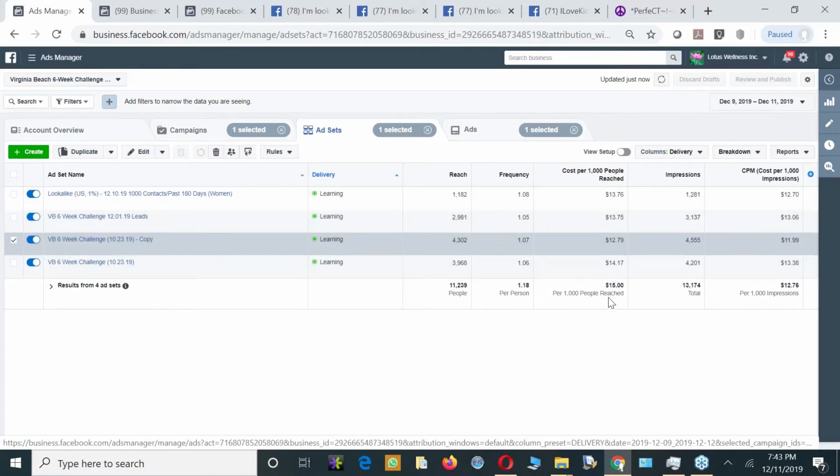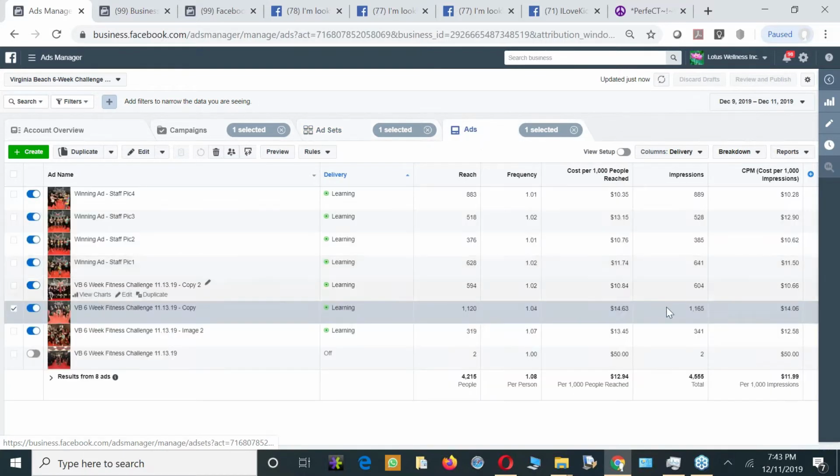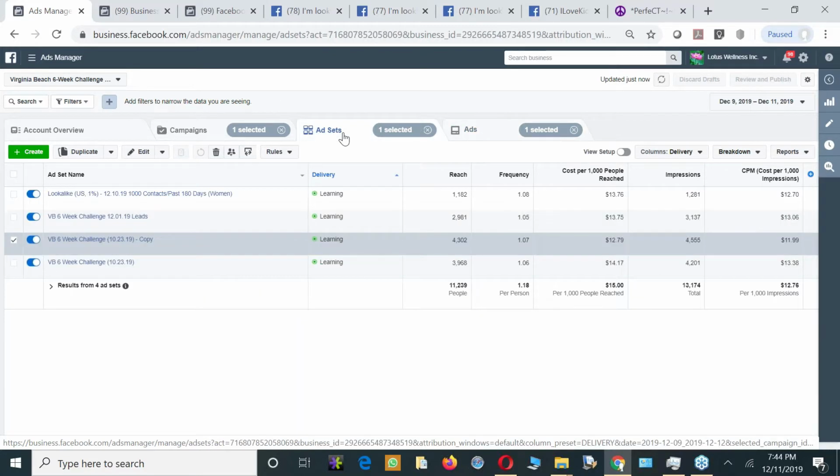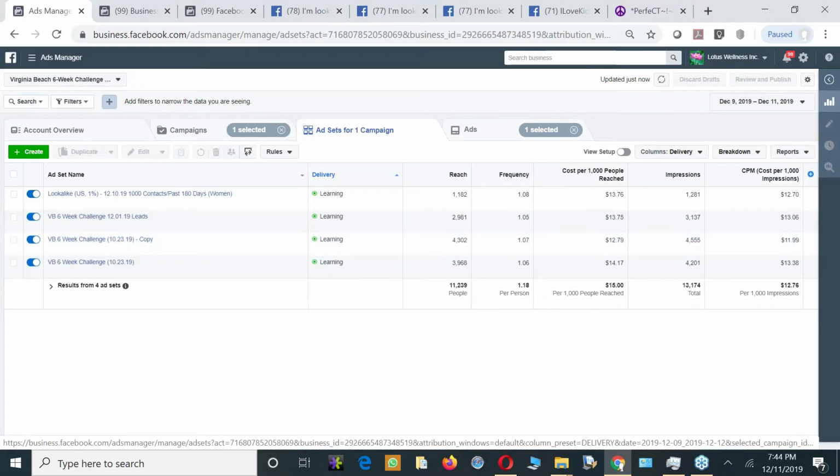Let's go to the ad level and see if anything's spiking yet. Oh, that one at the bottom had a $50 cost per impression, but it was already turned off. Yeah, I turned it off. If you X out that ad set, the one that says one selected in the middle, at the very, very top, there's the ad sets. It highlights one selected. So if we just deselect that and go back to ads,